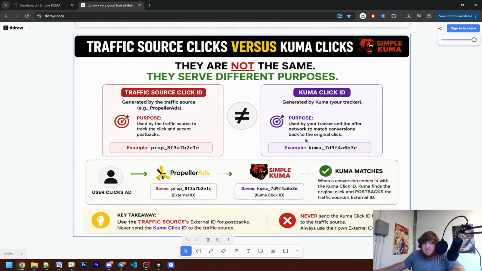So like I said, the final slide here before we go over to an actual Kuma and look at it is they are not the same. They are for different purposes. The traffic source click ID is used by the traffic source to track a click and accept postbacks to that user. Kuma's click ID is in order for the tracker